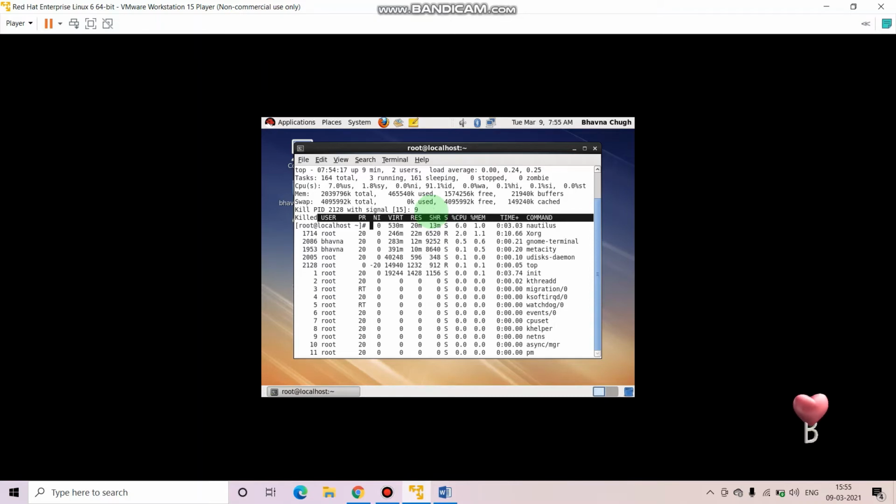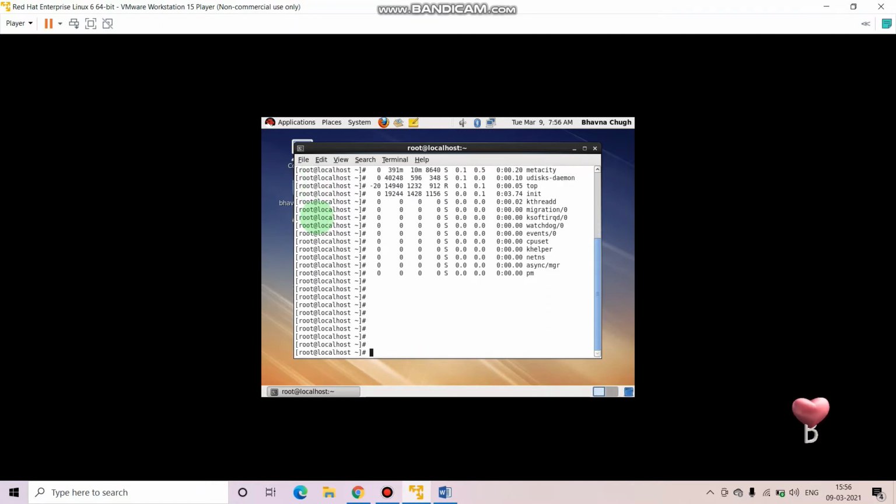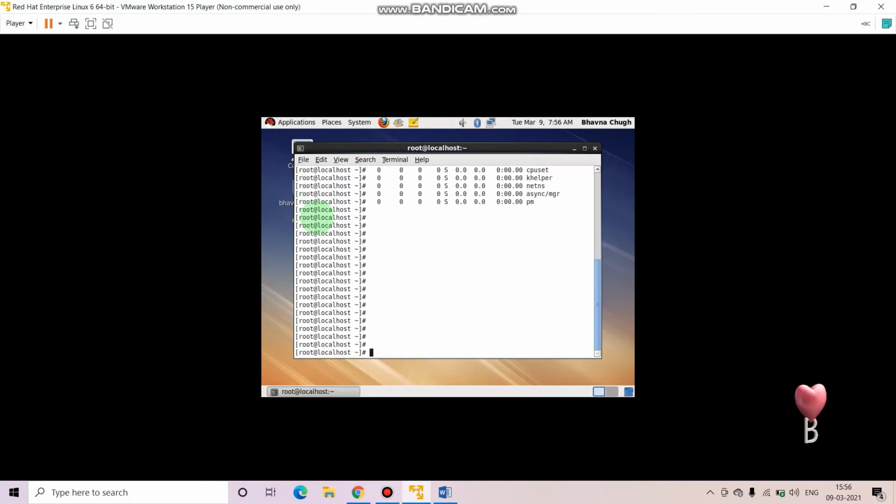So it has killed the top command. Now see, when you refresh, it has killed the top command. It will not work now guys. See, it's not working. We are not in the top command now. So again, the difference between killing gently and killing forcefully is that gently will allow you to complete your currently running process, currently running work, and forcefully will not allow you to finish that process. It will just terminate in between.